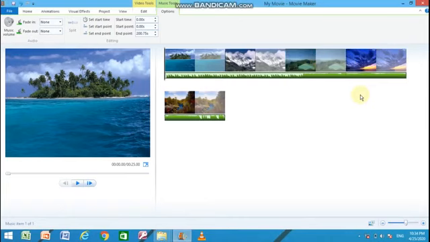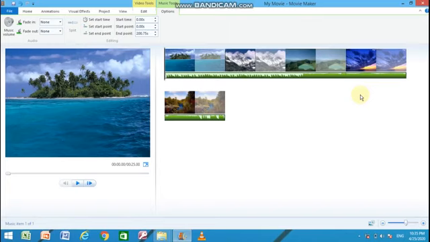Now students, we are going to understand about the transitions. Transitions are applied to add visual effects to the movie. They are used to add connectivity to the consecutive scenes of a movie. Transitions are used for the connectivity between two objects, like two pictures or videos, or a mixture of both. A transition can be added between two images, video clips or titles. The effects range from simple fades to complicated graphical animations.